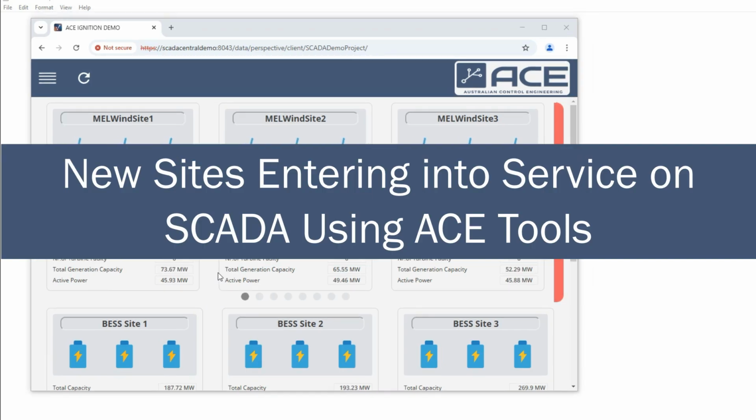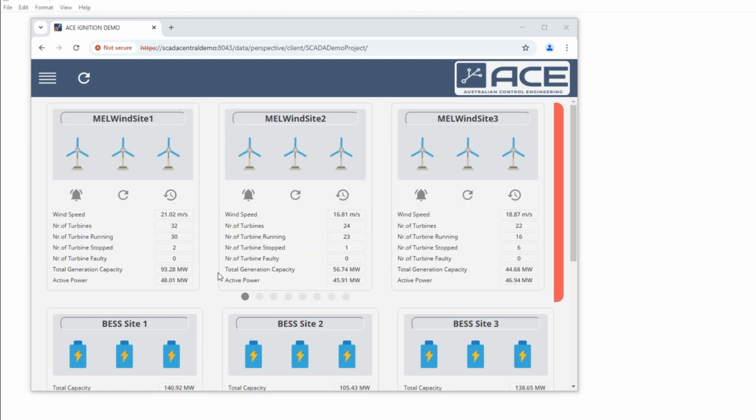As part of our demonstration, we will assume operators were notified that 2 new sites, a 5th Melbourne and 7th WA wind site, have been successfully commissioned and verified, and are ready to enter the Central Production Service SCADA. Including these sites on the HMI and beginning historical data logging is as simple as pressing the refresh button on